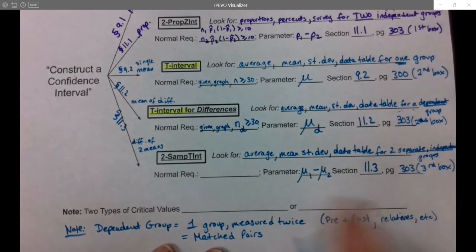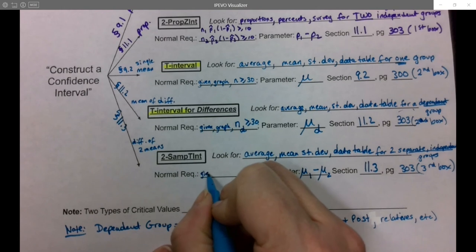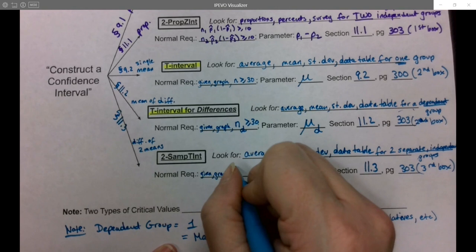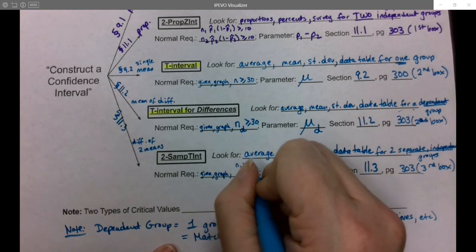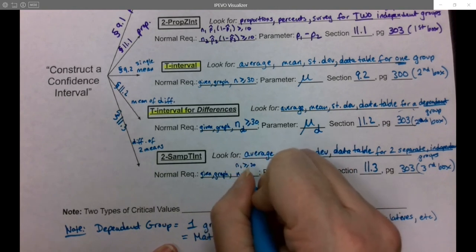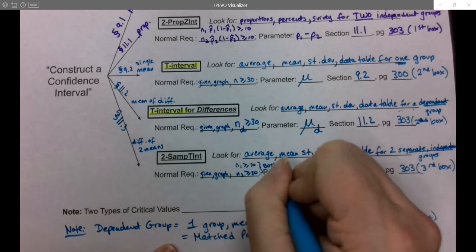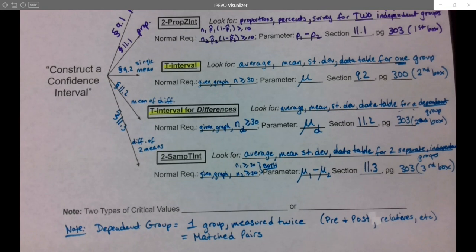And then down here for this one, it could be given, of course. It could be graph for both of them. Or you could have n1 greater than or equal to 30 and n2 greater than or equal to 30. You have to have both. It has to be required. So you have to know that both groups were normal, both group 1 and group 2, because they're separate and